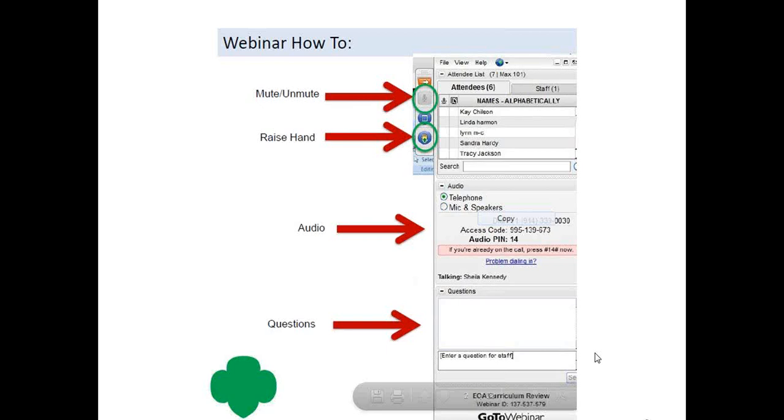The preferred way for you to get in touch with me, instead of the raised hand, is to go down toward the bottom, toward the question box. You can see where it says questions. There's a box right underneath where it says questions. You can place your cursor in the box and type out any question that you have, and we will stop and answer the questions through the course of the training. When you type in a question, I'm the only one that can see it, myself and Michelle, so don't worry, we're not going to broadcast your name and your question to the whole entire council. If you think you have a silly question, go ahead and type away, because nobody will know who you are, and we'll be glad to answer those for you.